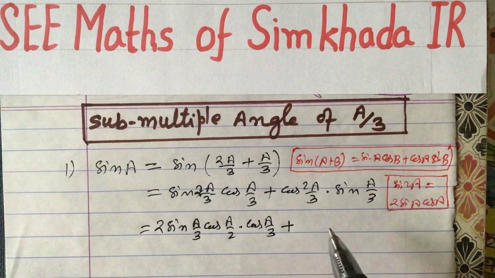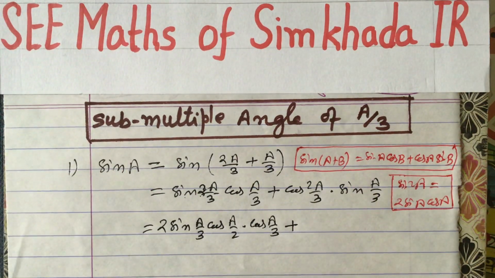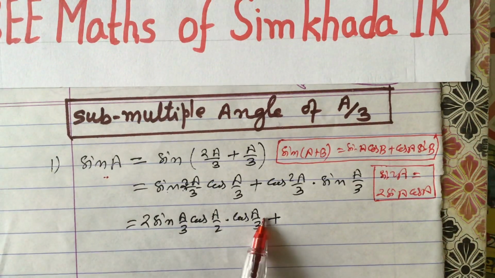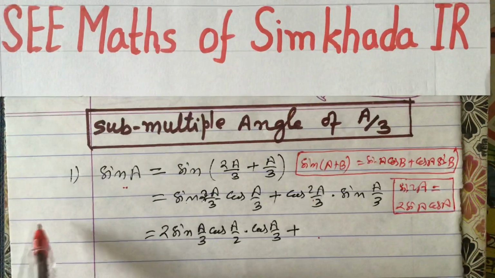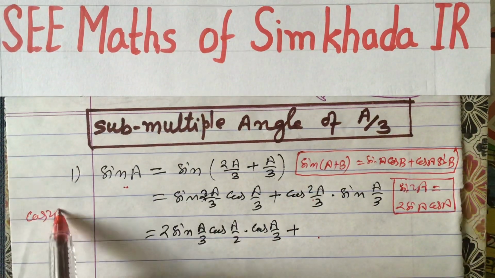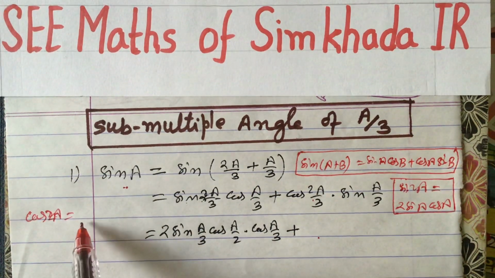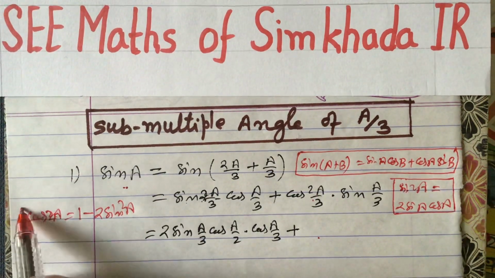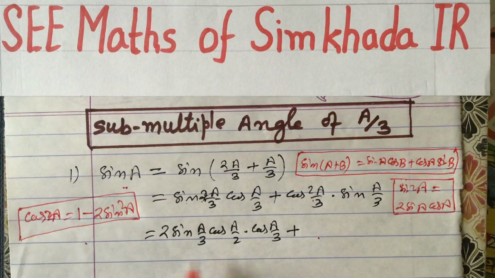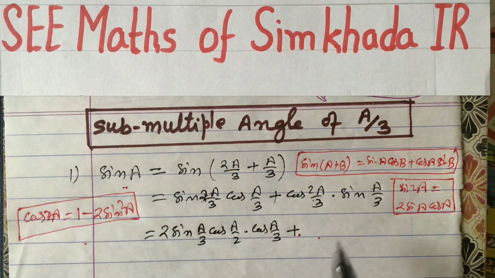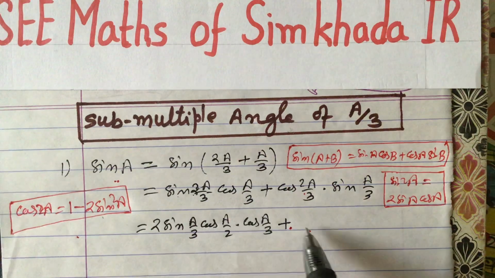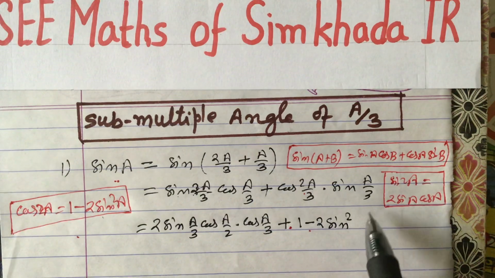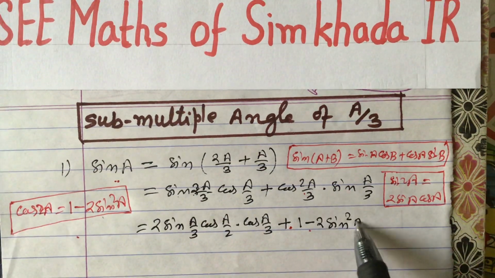Similarly plus cos 2A formula now. Cos 2A formula, which formula will apply? See, since we are going to derive the formula of sin A, so we will put the formula also in terms of sine, okay? Cos 2A also in terms of sine. So formula of cos 2A is like this. Cos 2A equals, in terms of sine, 1 minus 2 sine square A. This was the formula of cos 2A in terms of sine. So this formula we can put here. So if you put the formula here, cos 2A formula in terms of sine, 1 minus 2 sine square, then A means A by 3 here, A by 3.